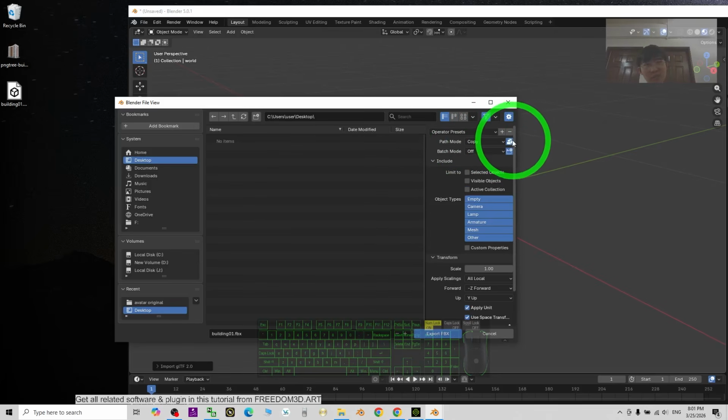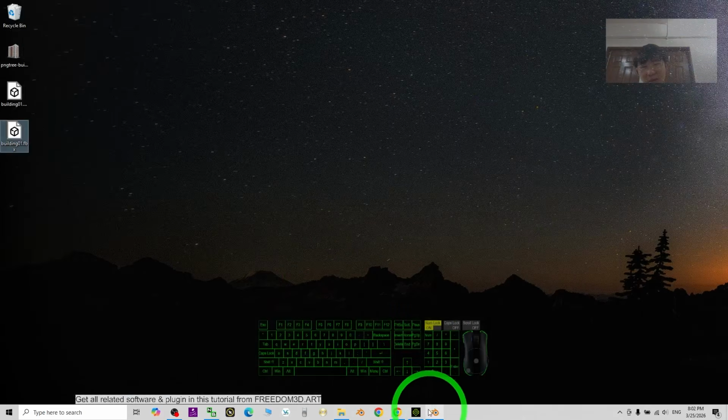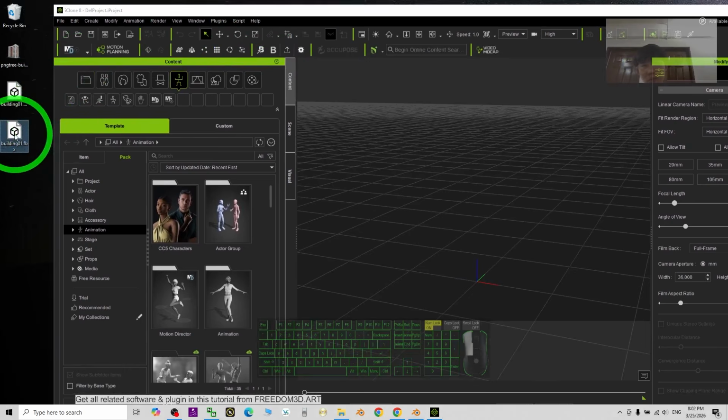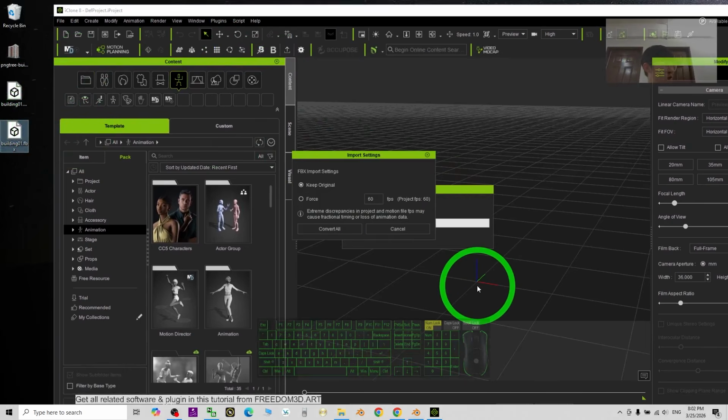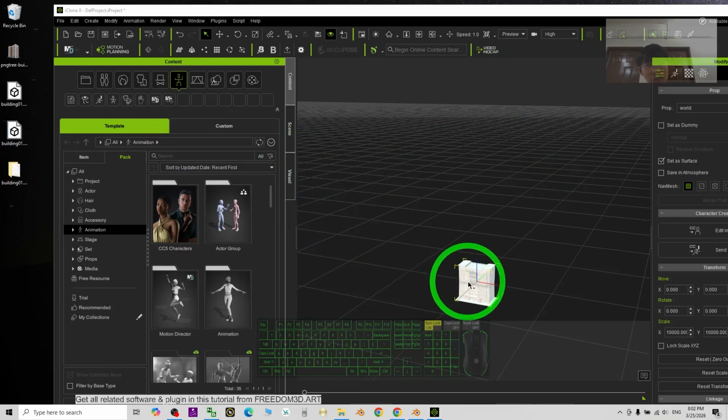Always remember this one, you have to highlight it as well. Next, export the FBX. Now it has already become the FBX file. Next, back to iClone. You just need to directly import the FBX file in this way. Drag and drop, click Convert All, and you can see now it is without the texture, but it automatically generates